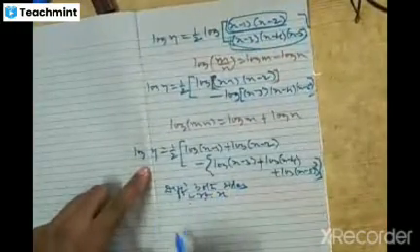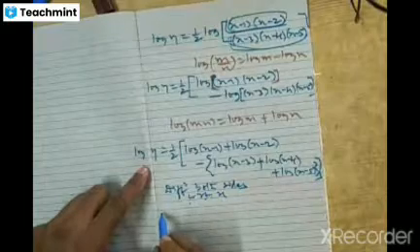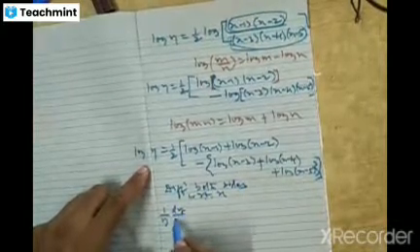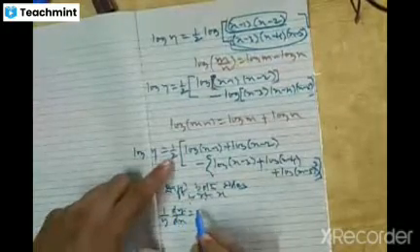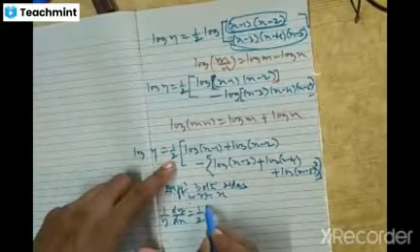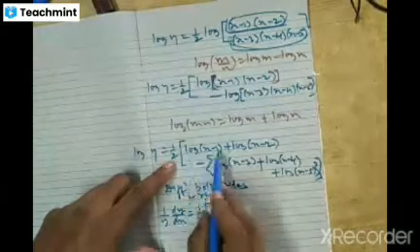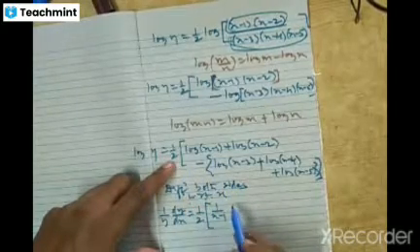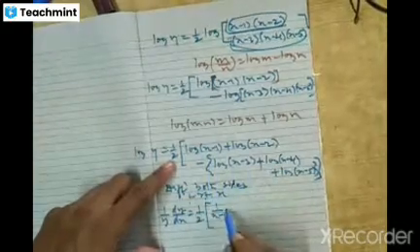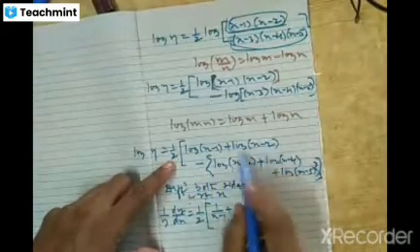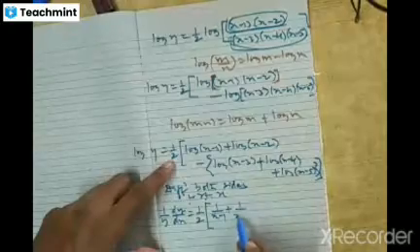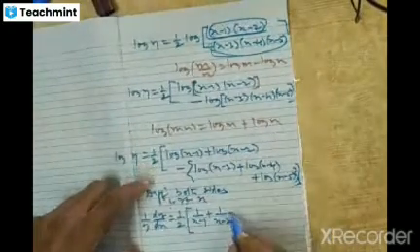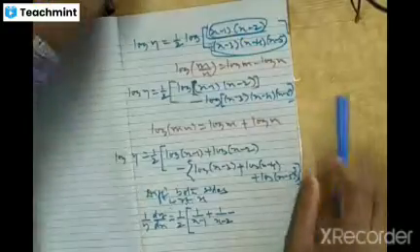So, if you differentiate with respect to x, then we get 1 by y into dy by dx is equal to right hand side half into d by dx of log of x minus 1 is 1 by x minus 1, correct, into d by dx of x minus 1 is 1, plus d by dx of log of x minus 2 is 1 by x minus 2 into d by dx of x minus 2, that is 1, minus of, here I will take a bracket, minus of